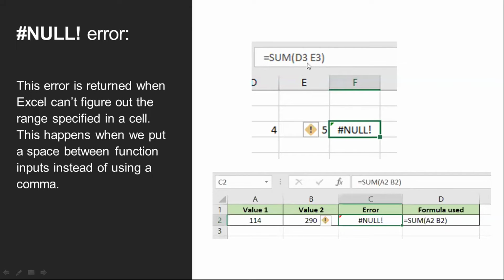We can't give a comma. If you give a comma, it decides that both cells D3 and E3 will be added. If you put a colon, from D3 to E3 the cells will be added. So the two characters we can't give together. How can it understand? That's why it simply gives a #NULL! error. It will be displayed like this. I hope you can understand.